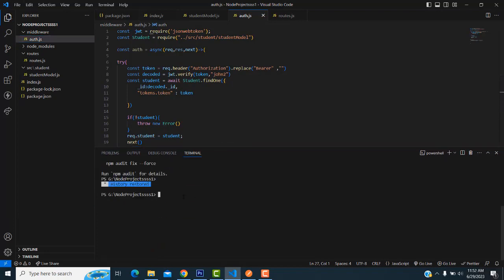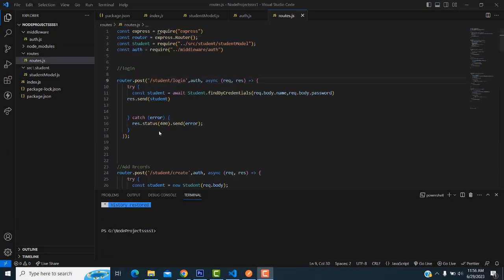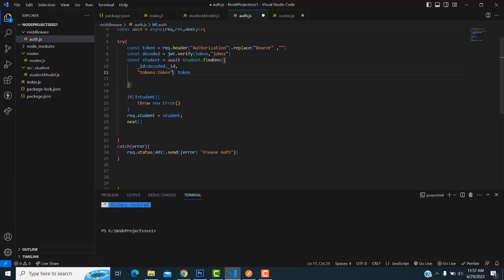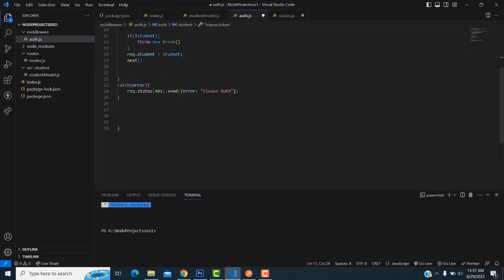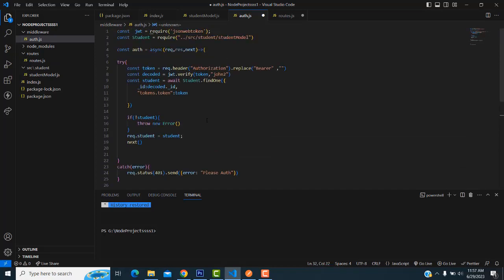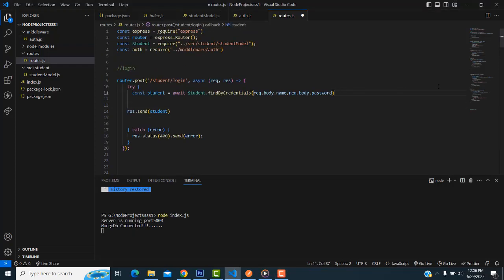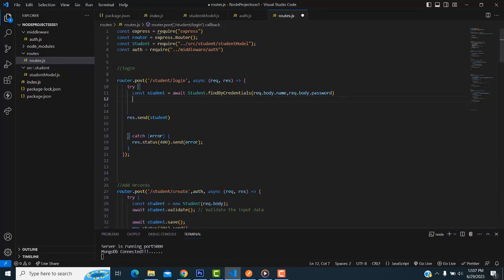Again I am going to run the application, check. What is the problem here is, let's login, we no need this auth. Login the system. So here another problem, auth.js, we have done the stuff but we haven't imported them. So here we have to export them. Here we did this one, we haven't exported them. After that we have to come in here. We have user credential successfully, but the problem is here, what the problem is here, we have to